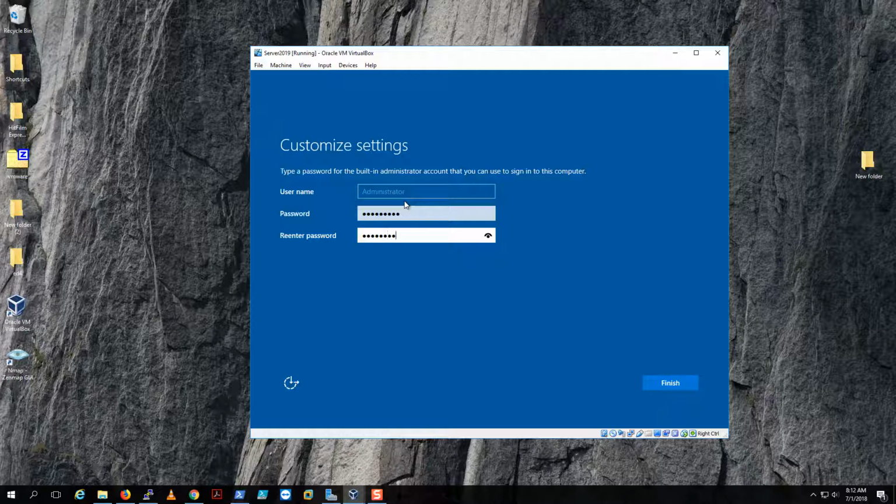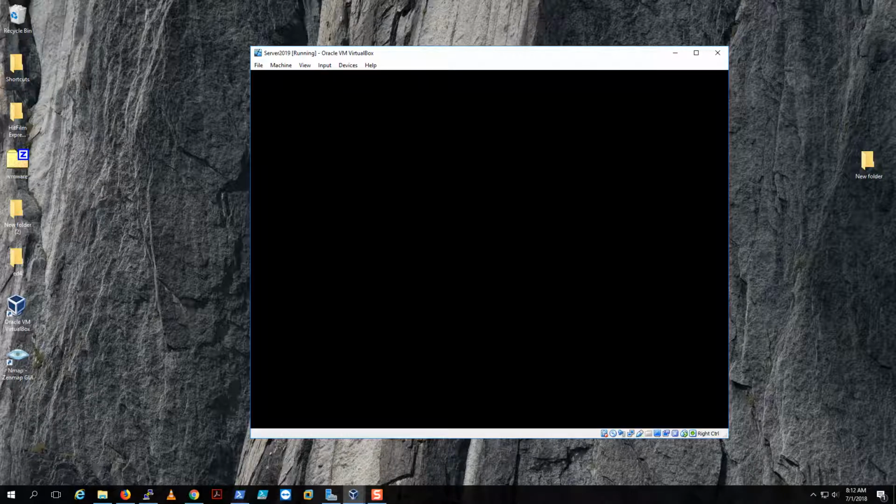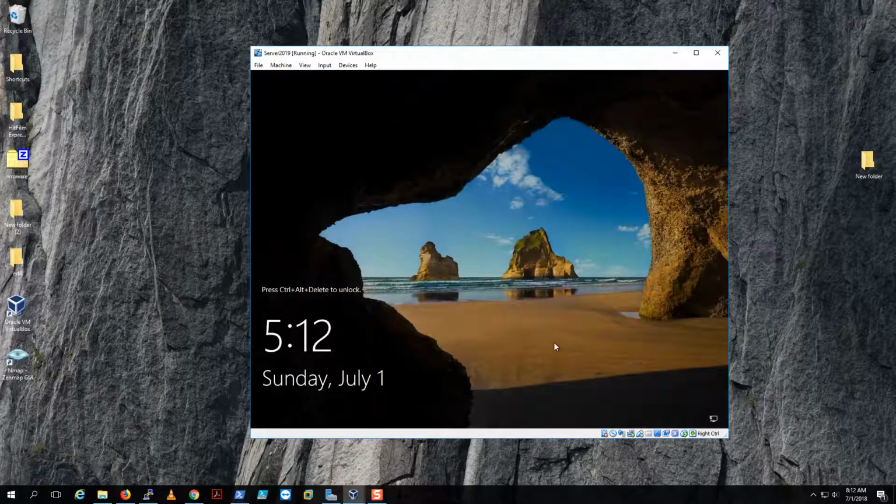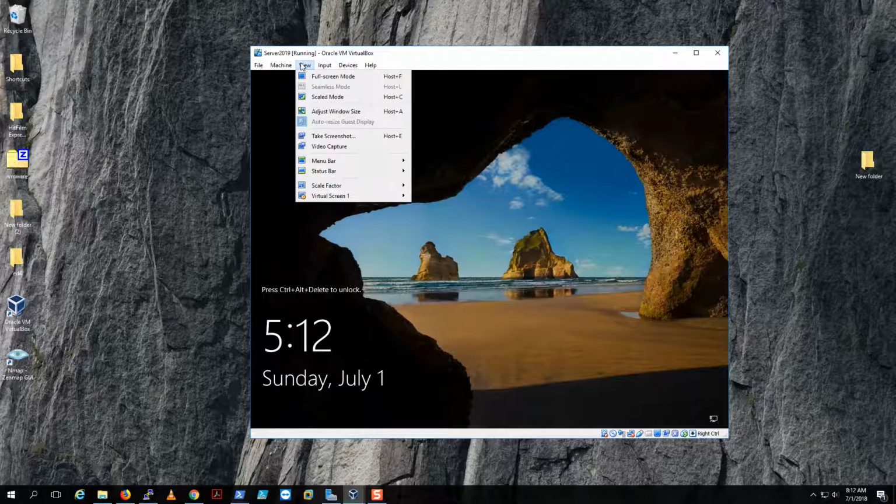You want to secure your account, by the way. You don't want to put anything easy for people to hack, since this is a server. And don't do this in production. Don't put a simple password on production, because then you get fired. Anyways,